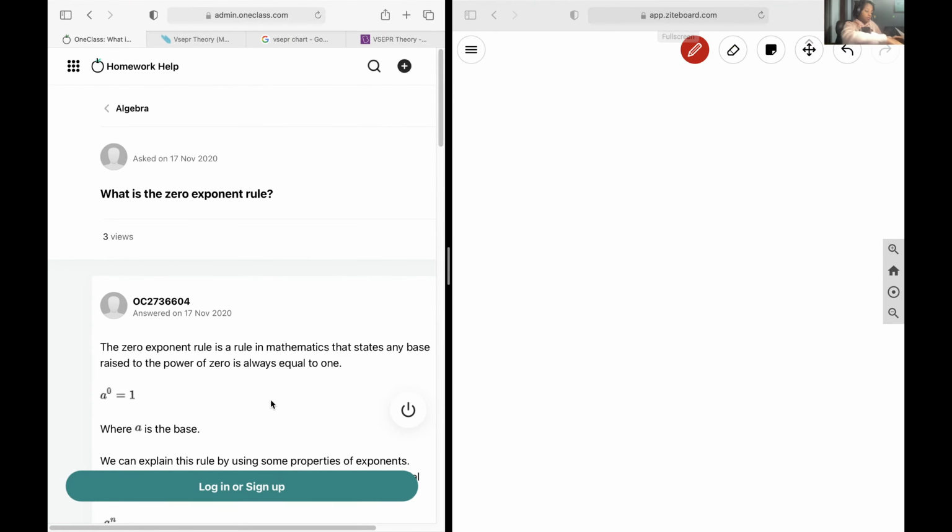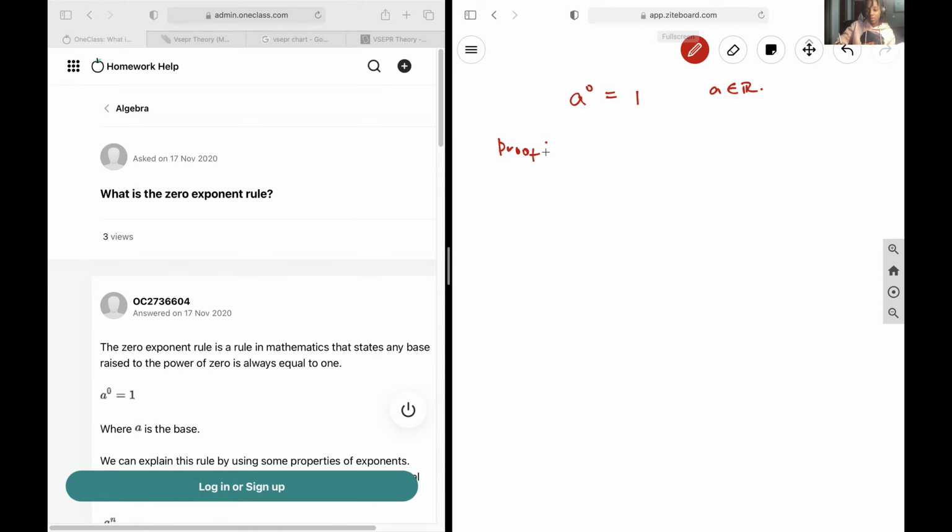Okay, so for our first question, we want to define what the zero exponent rule is. So the zero exponent rule simply states that any constant to the power of 0 is going to be equal to 1. So a can be any real number. And the reasoning for this